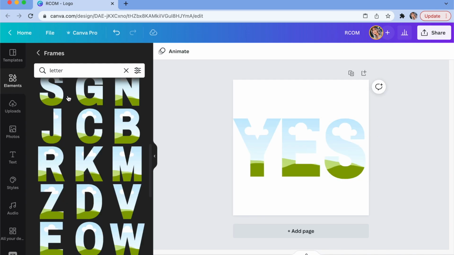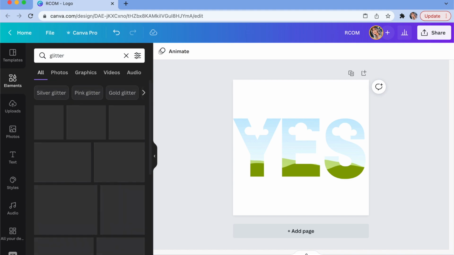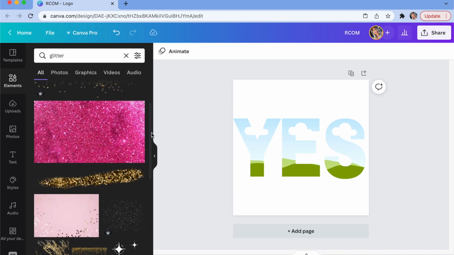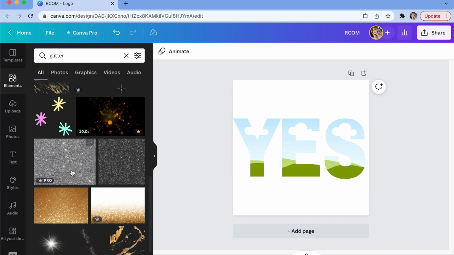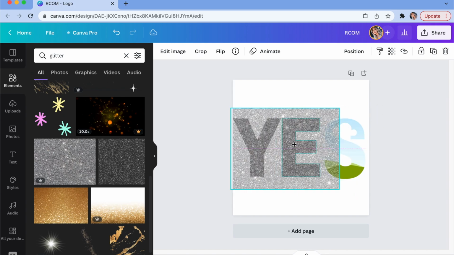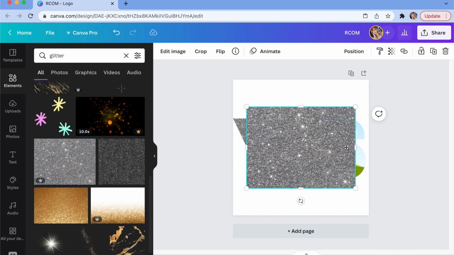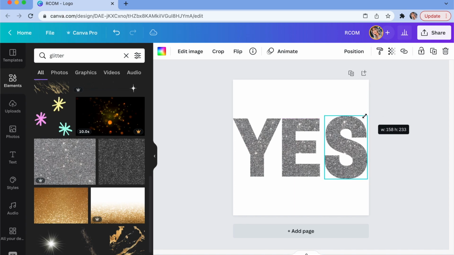So once you have everything aligned, I'm gonna go back to my elements and search up whatever background I want to do this for. So if I wanna make glitter, I'm gonna type in "glitter." Then you simply just select the image and drag it right over into the letter. And just like that, we have a beautiful glittered letter situation going on, and obviously you can move it around,